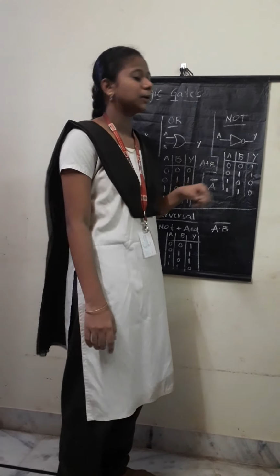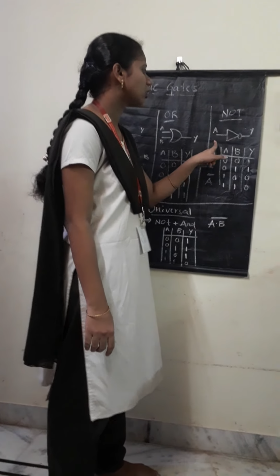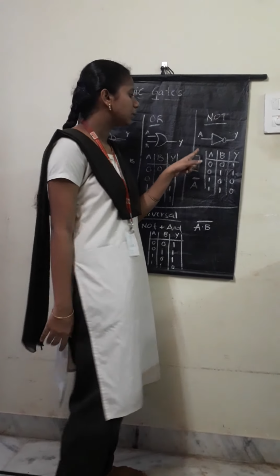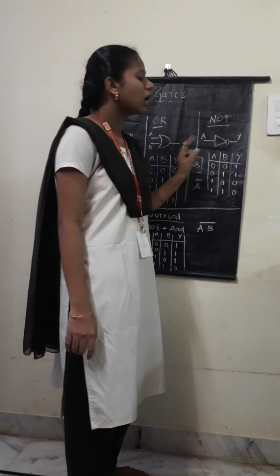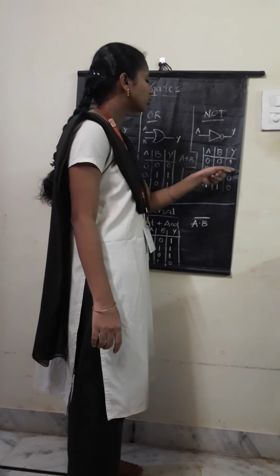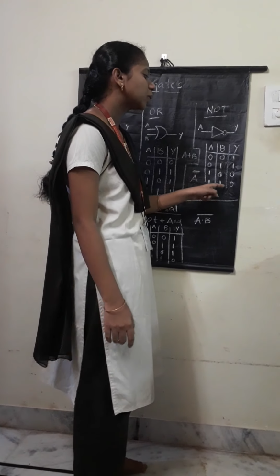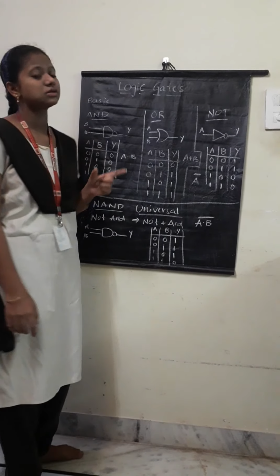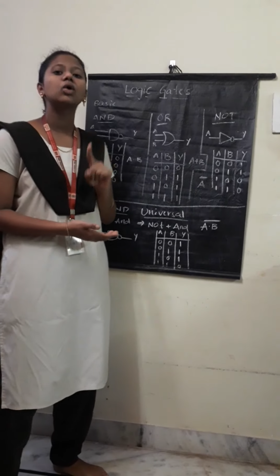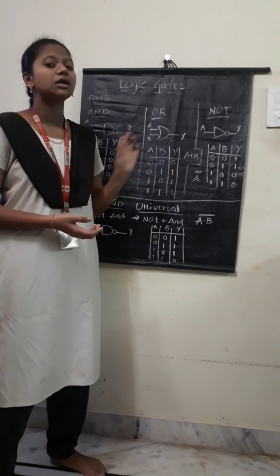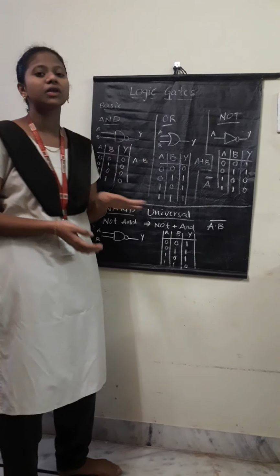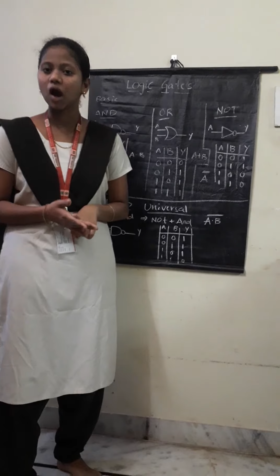And coming to NOT gate. It is the logic design circuit of the NOT gate. And here it is the A complement. It means one input complement gives the output. Nothing but 0 gives 1 and 1 gives 0. Here we have to notice one point. Any logic gate can have n number of inputs but only a single output, except NOT gate. NOT gate must have only one input and one output. Remaining all can have n number of inputs but one and only one output.